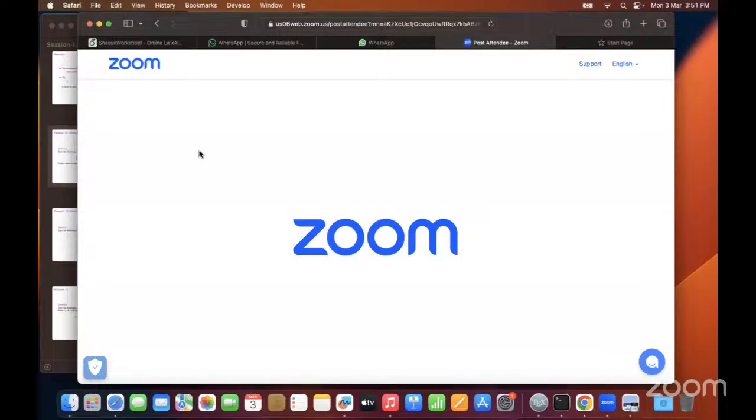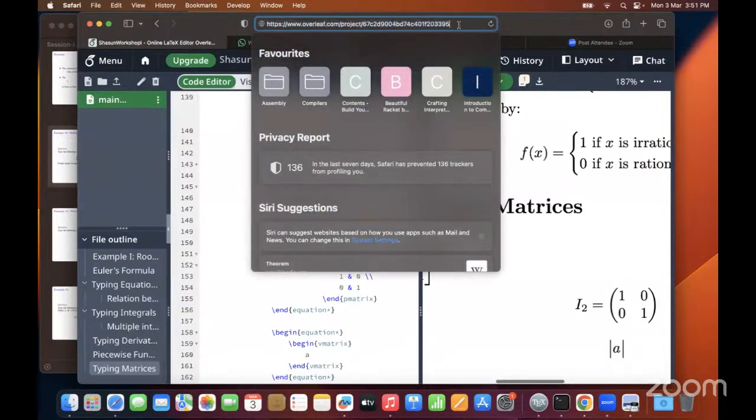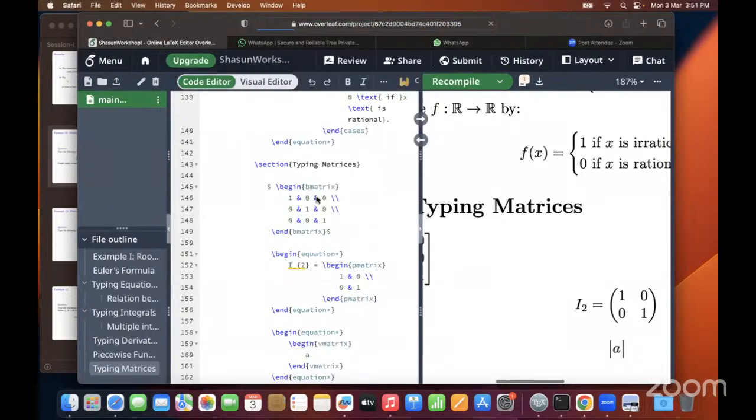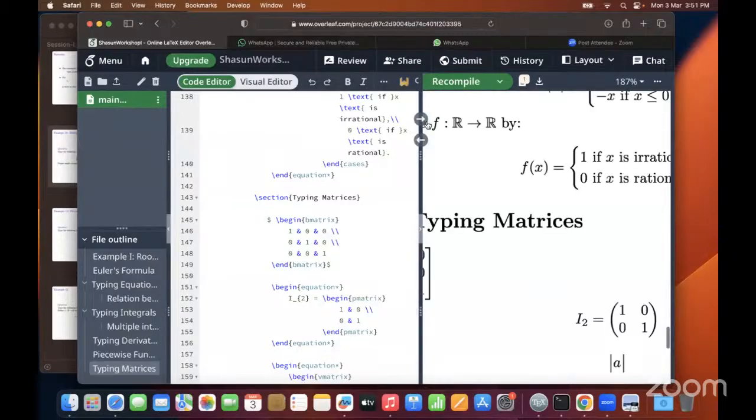So I hope everyone can see my screen now. I'll go to overlays. Yes, sir. Yes, sir. So we were talking about